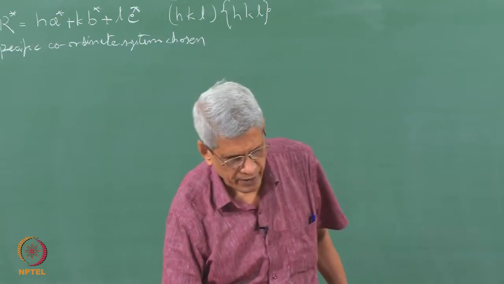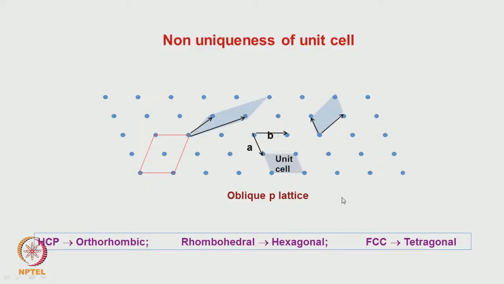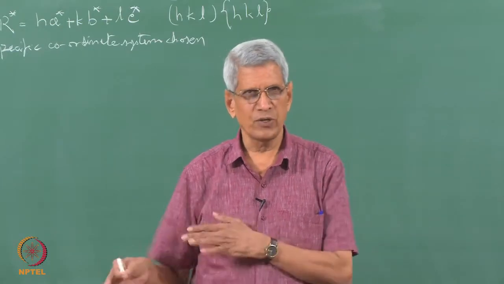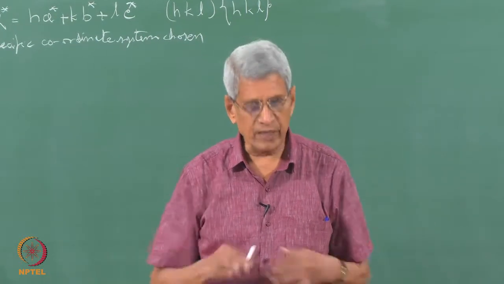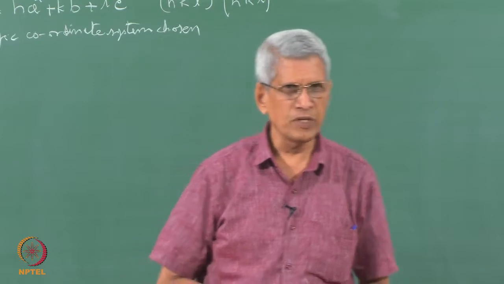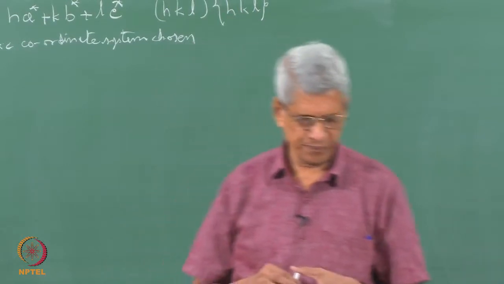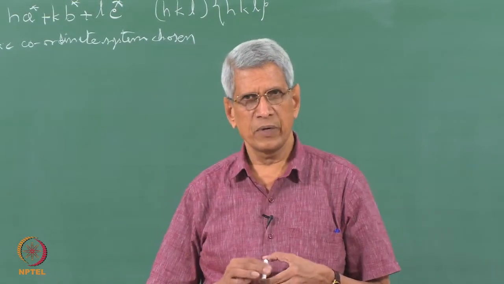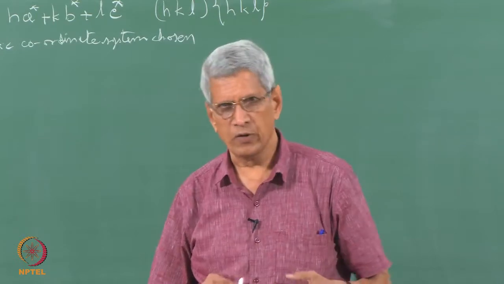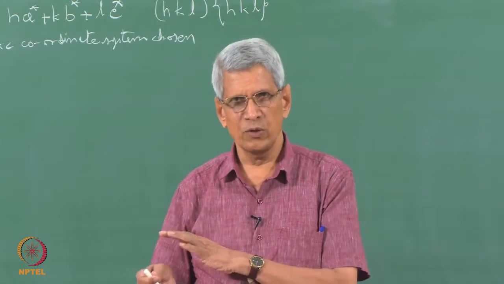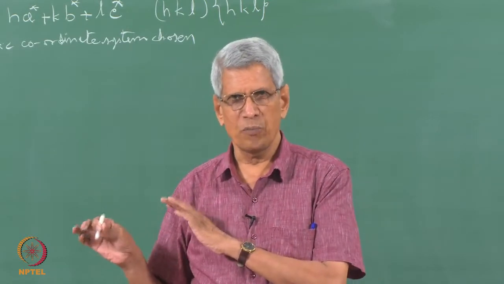For example, here this two-dimensional lattice which is shown, we have different types of unit cells which we can have. All of them represent the periodicity in the lattice. By keeping one adjacent to each other, we can generate, in this case, a two-dimensional lattice. It could be a primitive unit cell or it could be a non-primitive one. For example, we can have an HCP, and HCP itself can be represented in terms of orthorhombic. Similarly, FCC we know can be considered as a tetragonal unit cell with c by a ratio equals 1.414.